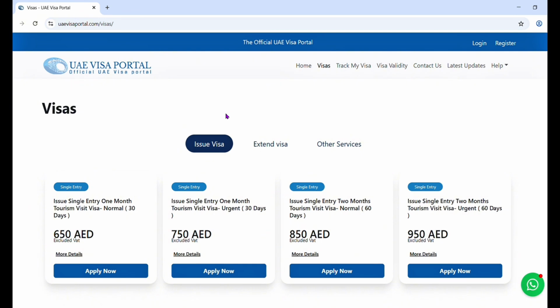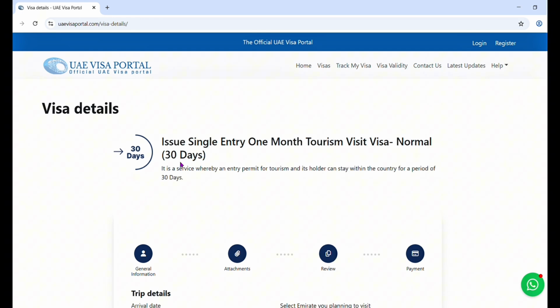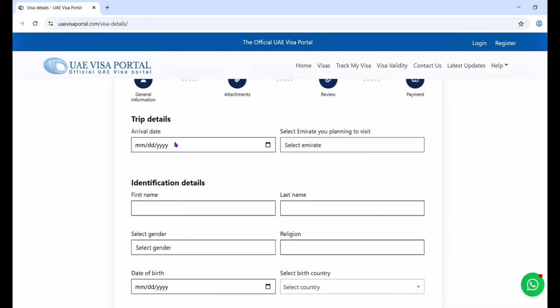So let me show you how to apply for a 1 month tourism visit visa. Just click here on Apply Now and fill in all the data. Fill in all the data: your arrival date, when you are arriving, and which emirate you are coming to, like Abu Dhabi, Dubai, Sharjah or Ajman.